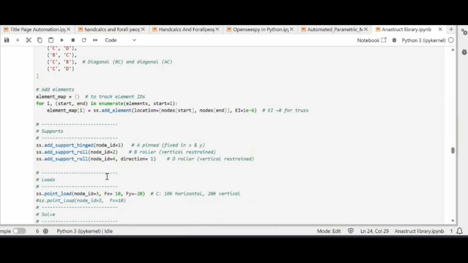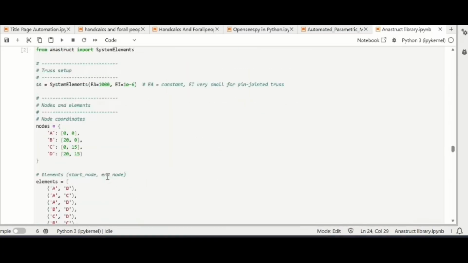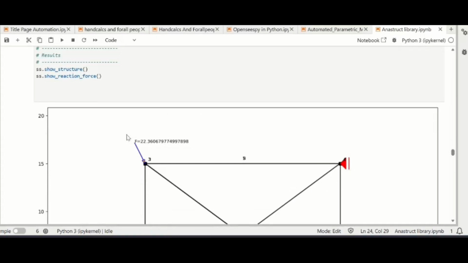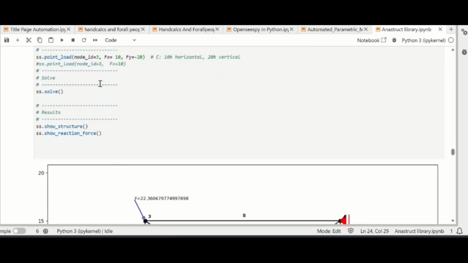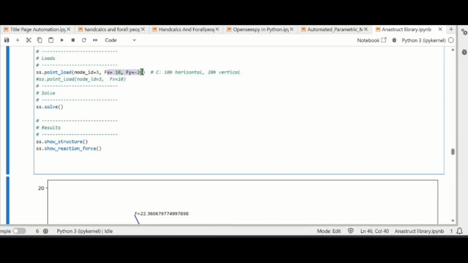Then there is an indeterminate truss. To be honest, I have myself solved the beam and frame, but I was finding the truss difficult. I have written it by EI. As you can see, there is an inclined force, which is the resultant of the fx forces and fy forces. Don't get confused about why it is inclined. Basically, it is the resultant of two forces: fx is equal to 10, fy is equal to minus 20.